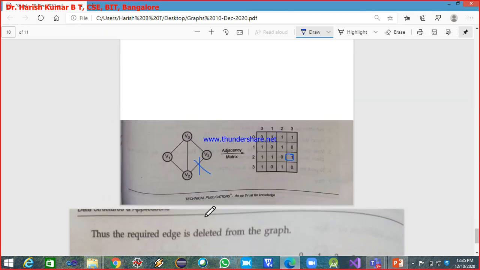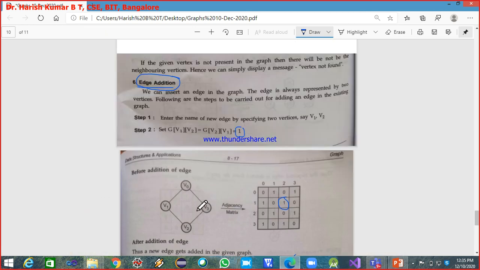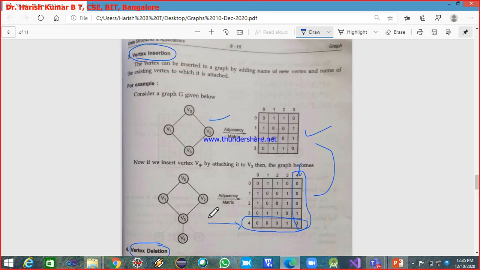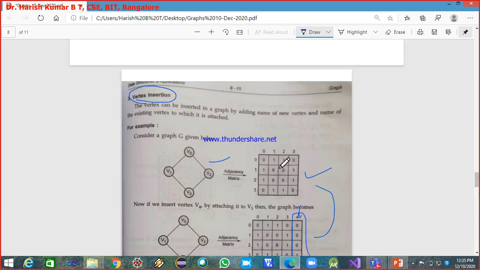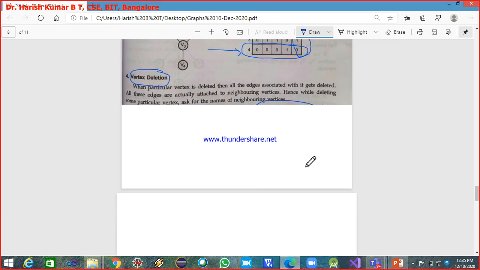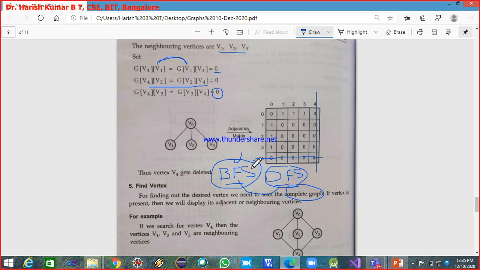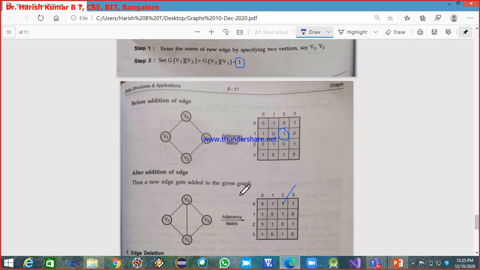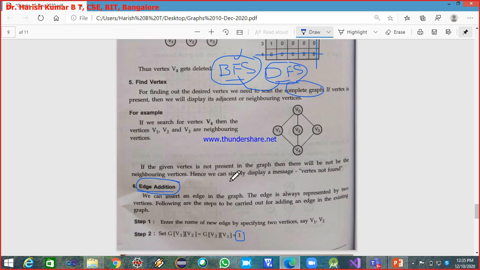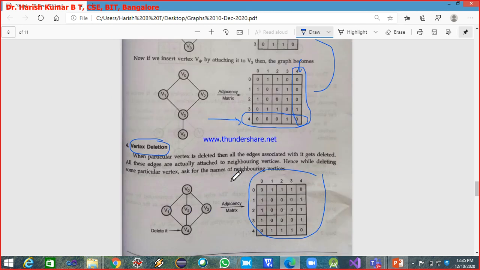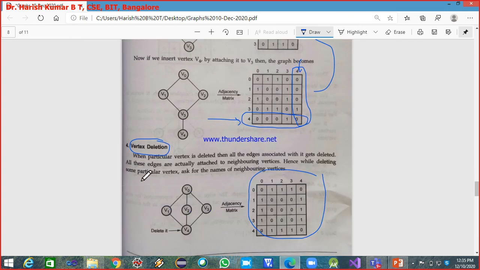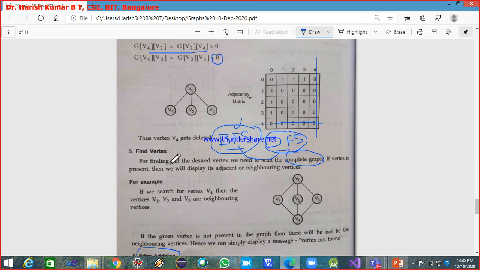Now these are the things, and in the next class we'll go for understanding the implementation part for each of these. In the afternoon session I'll be explaining the 11th lab program, which is based on the traversal techniques of the graph. And in tomorrow's class, we'll look into the implementation part for all of these things. What is the implementation for adding a new vertex? What is the implementation for deleting a vertex from the graph? And the implementation